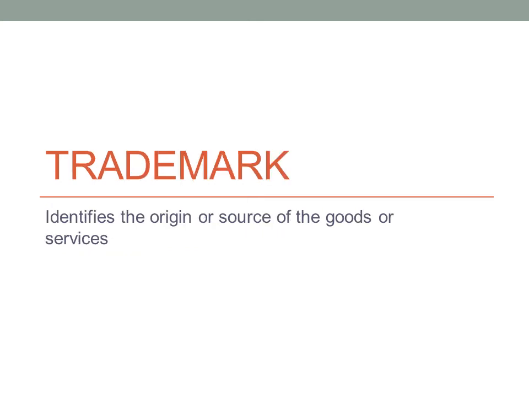Trademark. You're probably more familiar with the trademark. It identifies the origin or source of a good or service. It can be a word, a phrase, a symbol, a design, or a combination of words, phrases, or symbols. There's also this concept of trade dress that falls under a trademark, and that protects the form of a product's design or packaging, like the Coke bottles. Over time, I'll show you a number of examples when we talk about trade secrets. And trademarks are governed by both state and federal law.